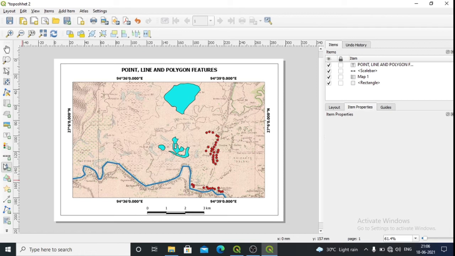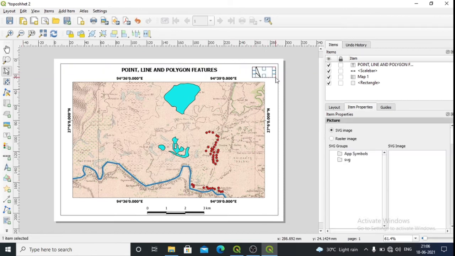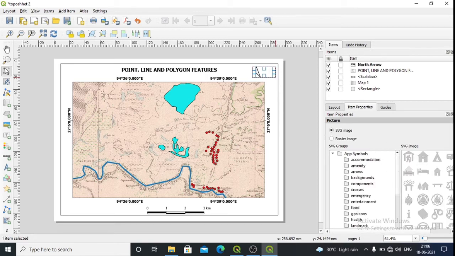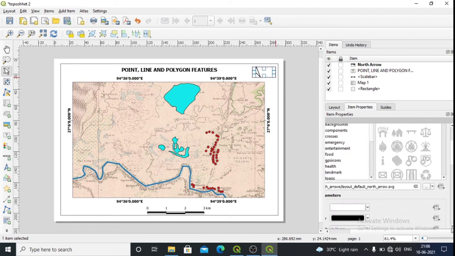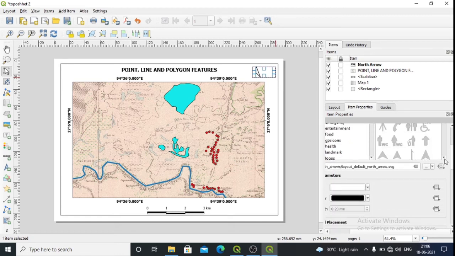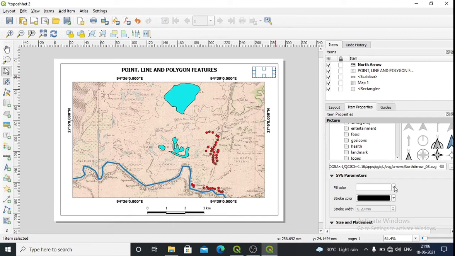Lastly, what you need to do is add the north arrow. Select the symbol you want. Select this one. Then fill the color as black.